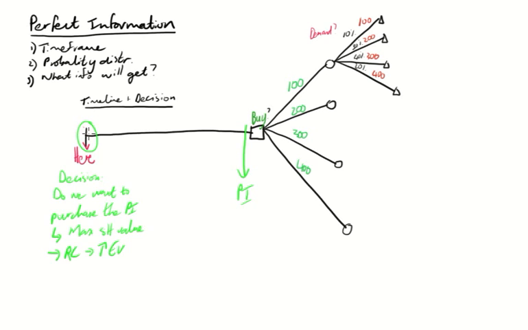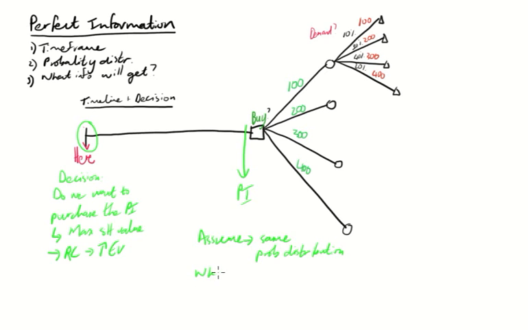Now, because we are over here, we need to make this analysis here, but we don't have the perfect information yet. What we will do is we will assume that this information we get here is going to take on the same probability distribution as before. And this makes sense because what this probability distribution represents is